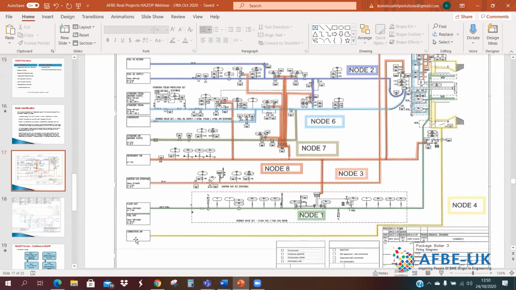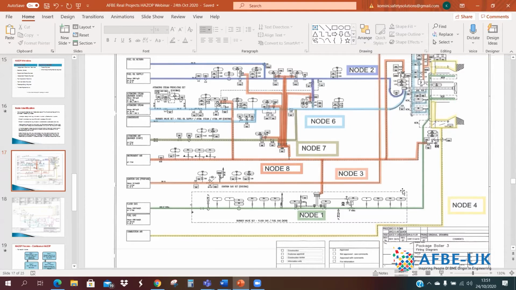And the combustion air system as well is a separate node. So typically, that's how you divvy up your nodes. All the little subsystems that make up part of that whole boiler package in this case are being taken as